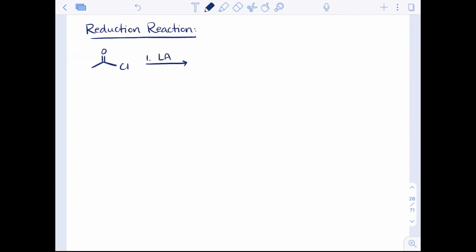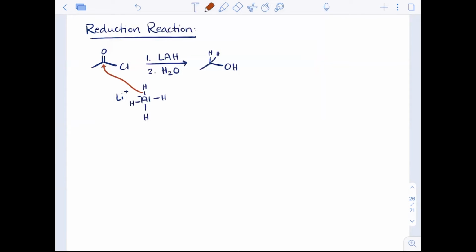Lithium aluminum hydride. We'll take an acyl chloride and make it an alcohol. We're going to go through that. It makes it a primary alcohol because lithium aluminum hydride is so reactive. Again, lithium would be a plus charge. Aluminum holds a minus charge, and for hydrogens,